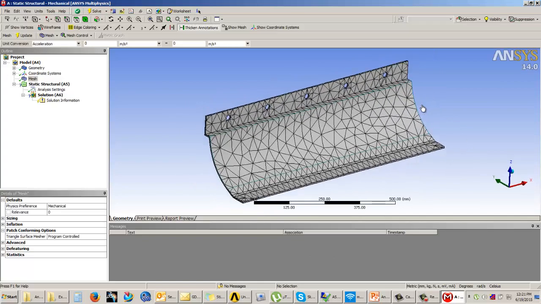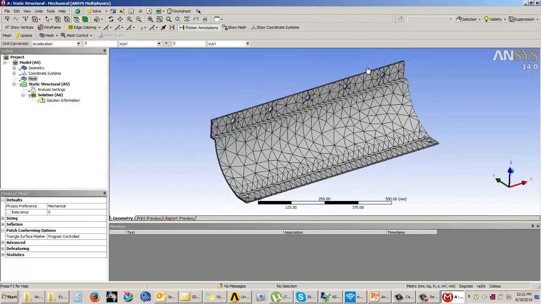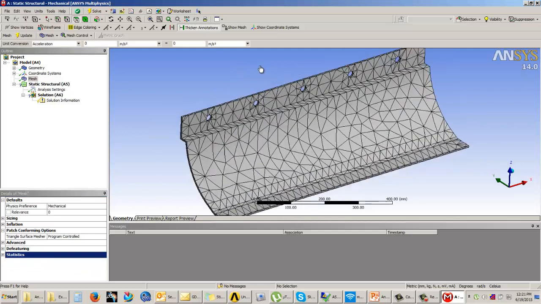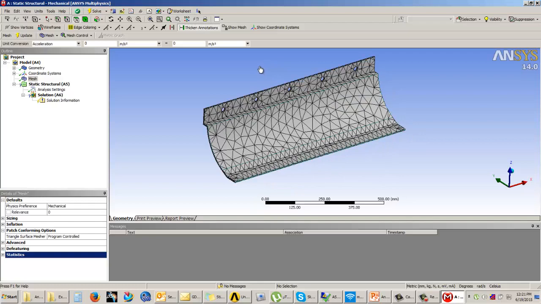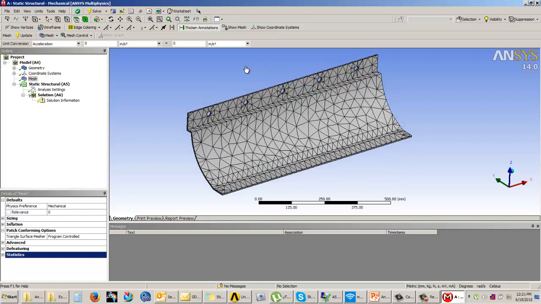Okay. Now after this meshing, you can see in the details of mesh, you can come to the statistics option over here and you can see how many nodes and elements have been generated using the default mesh setting. So this is how you will create a default mesh using the default mesh settings. Okay. Now